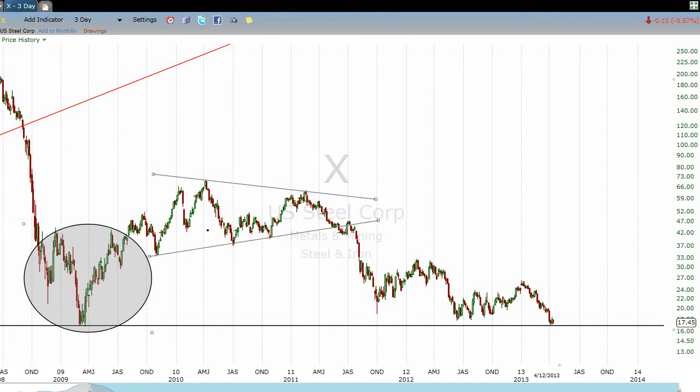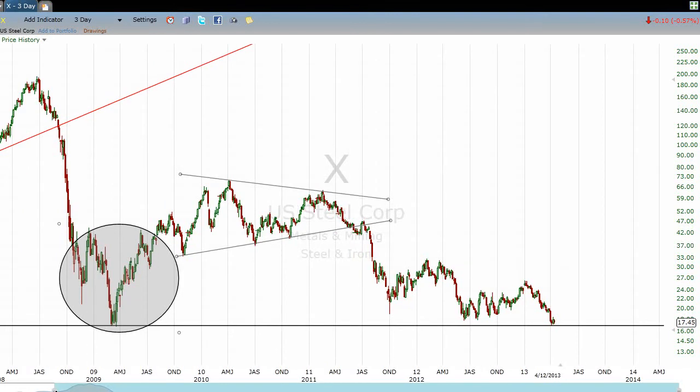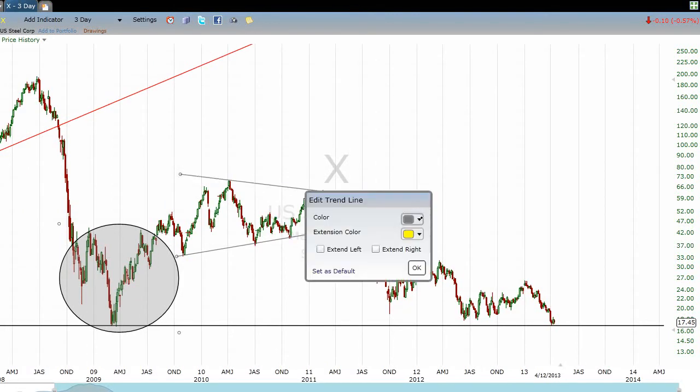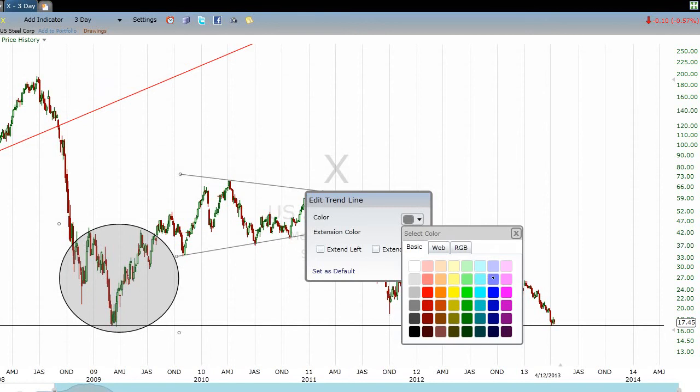for about a year and a half, and that broke down in 2011, did a little back test, and really has been terribly weak ever since, just pitifully weak. Now, when we look at these consolidation patterns,